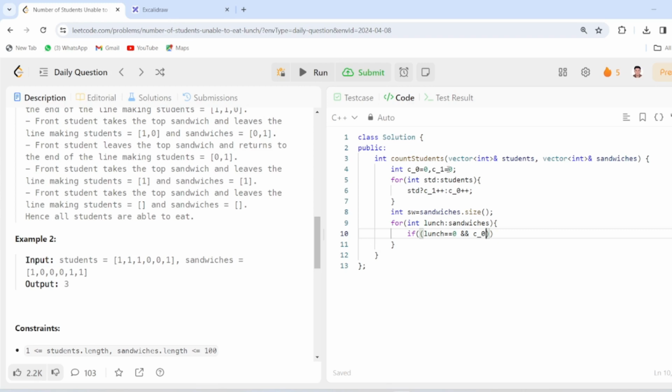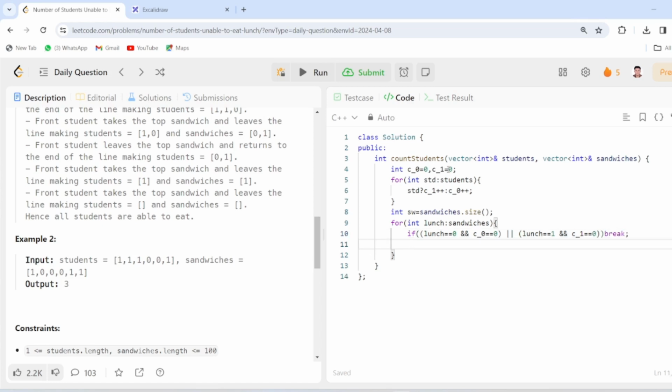For that we see if the top of the sandwich is 0 and the count of students with preference 0 is 0, or the top of the sandwich is 1, meaning it's a square sandwich, but no students are left with square preference. In that case we will break our loop.